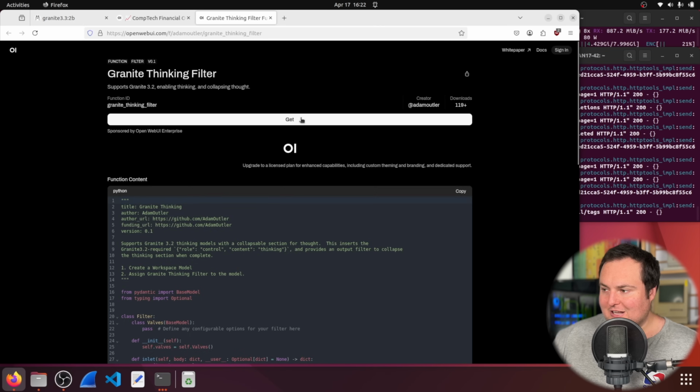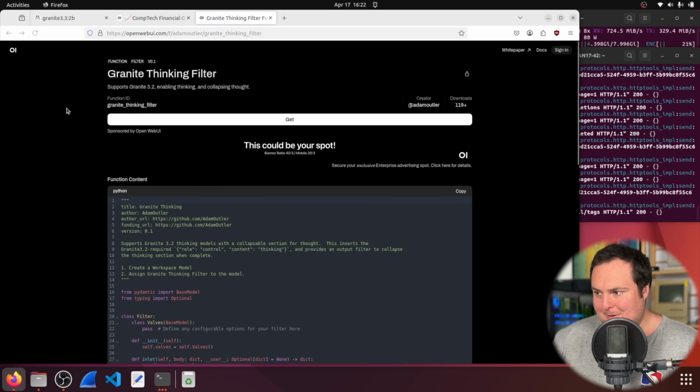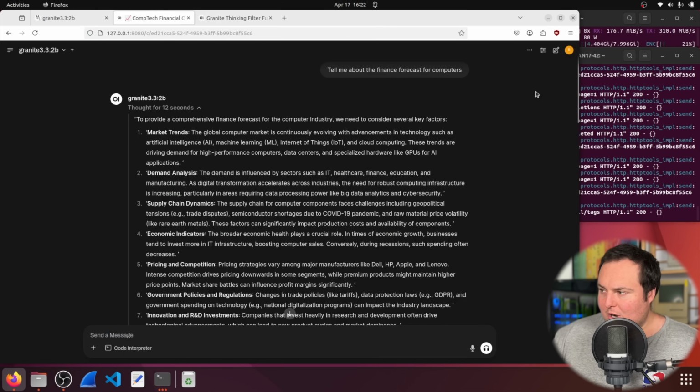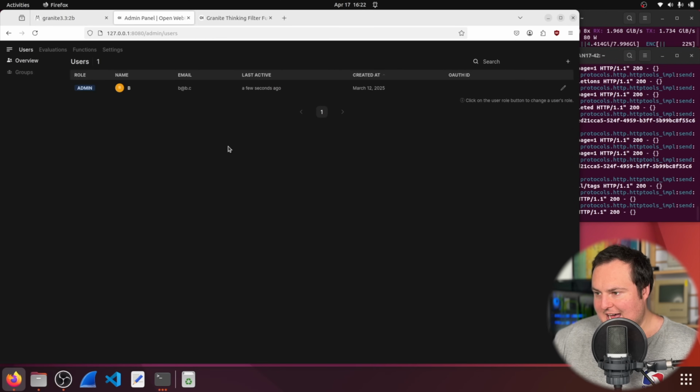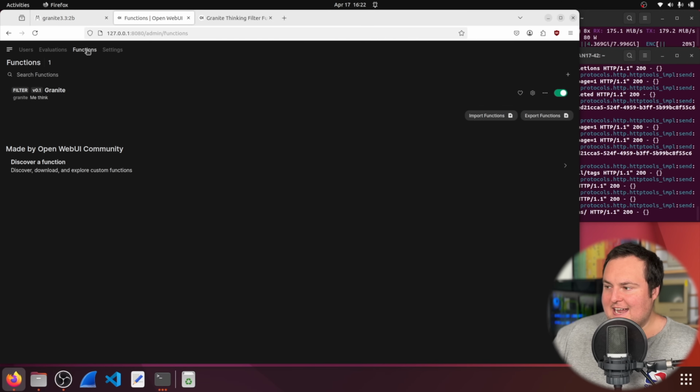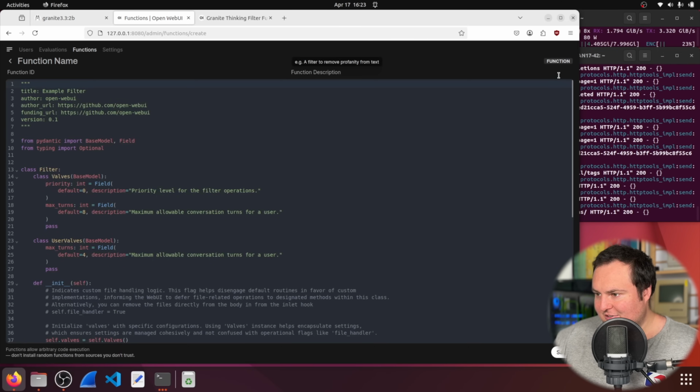Now, if you do select Get here, it can kind of be a pain because it wants you to log in and do things like that, which frustrates me. So what I ended up doing from within Open WebUI, I click on my icon right here and go into the admin panel. From there, I went to the functions setting, and instead of trying to import a function, all I did was select the plus icon right here,